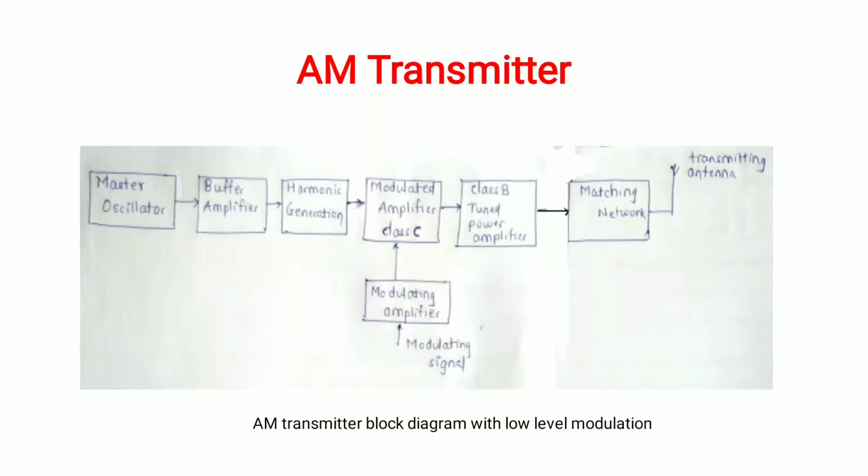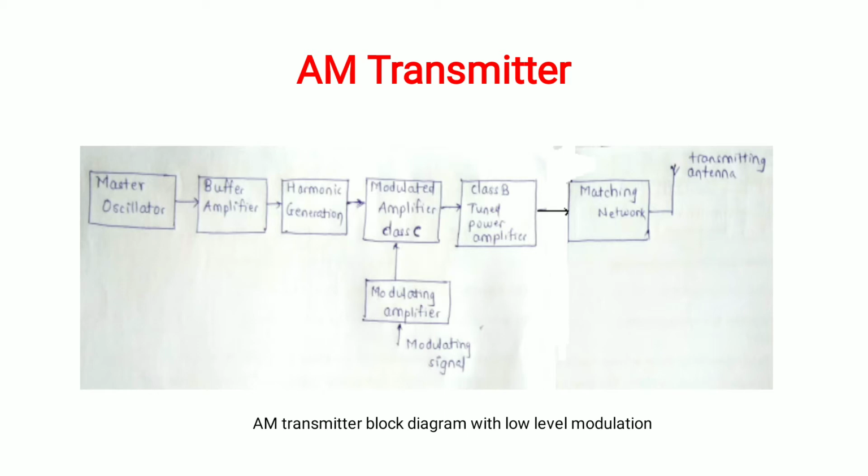AM transmitter. An AM transmitter has two main processes. First is modulation, second is raising the power level of the modulating signal. The modulating signal is a baseband signal or original data signal. The need to raise the power level when a message signal is transmitted is that there should be effective radiation.